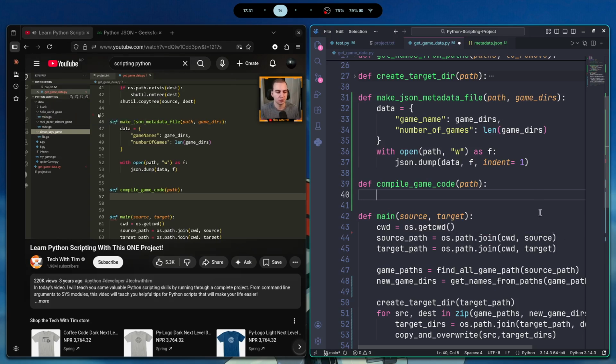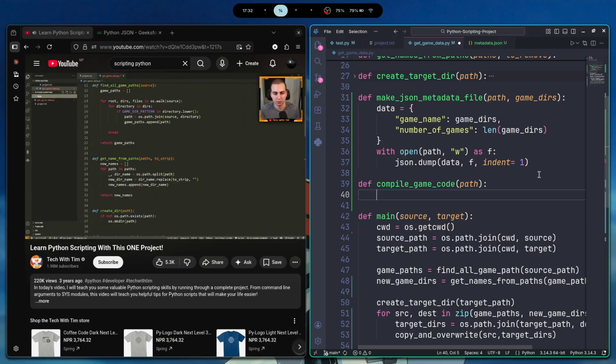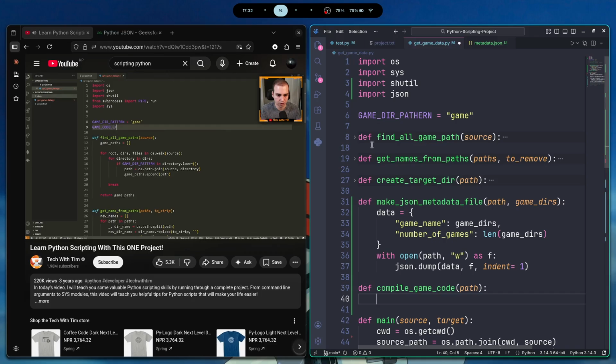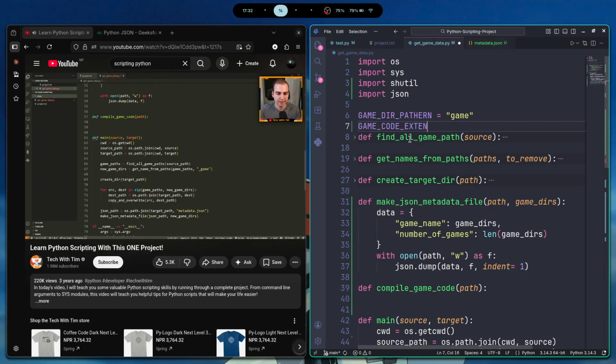So essentially, we're going to look through the directories of our games, and we're going to search for any file that ends in .go, right? So let's create a variable here and say game code extension, and I'll just make this .go. So that's what we'll search for. Now, if we find that, then